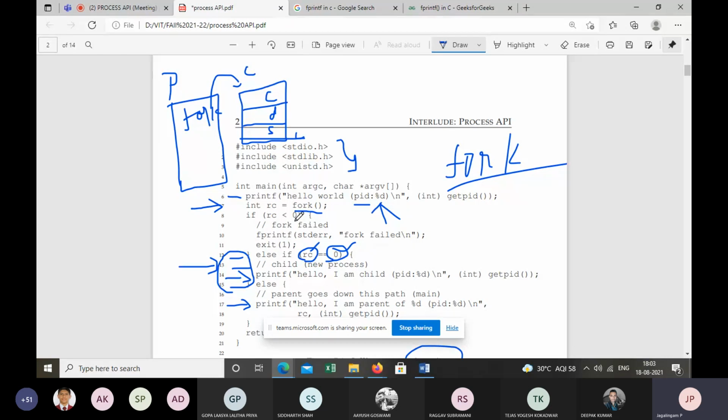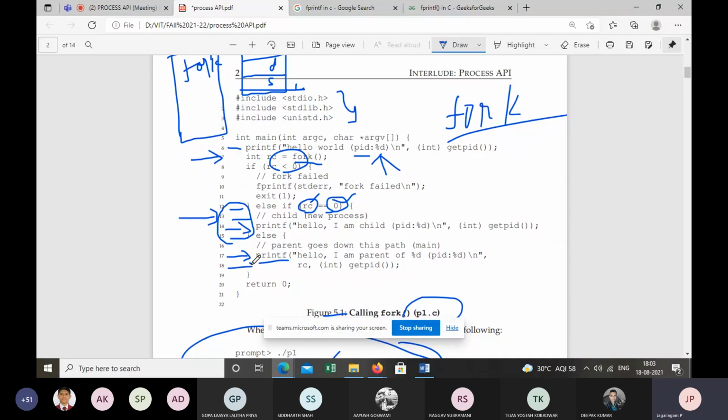Otherwise, the last lines of code, 17 and 18, belong to the parent process. Now we are coming to line 10.